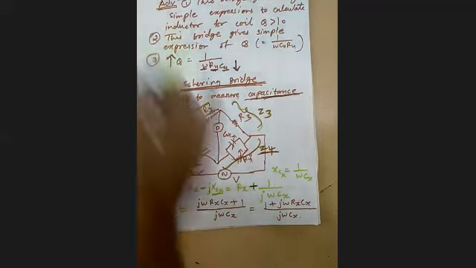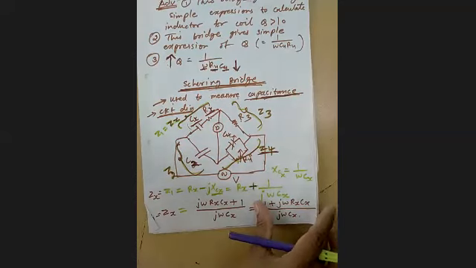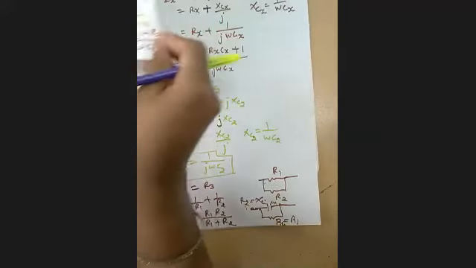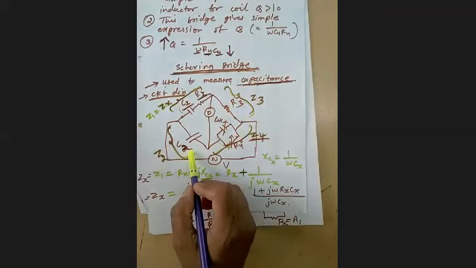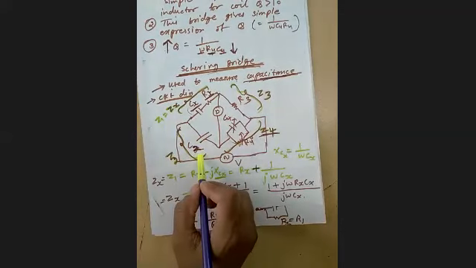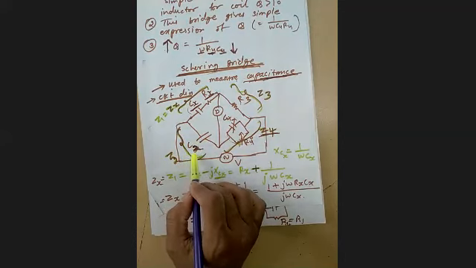Yes, ma'am. Priyanka, right? It is used for the measurement of unknown capacitance. Nisha, right? Now moving on. This is the impedance of the unknown arm. Next, the impedance of this third arm is R3. Impedance of this is how much? Z2 is equal to? Minus jXc2. 1 by omega C2, since the C2 capacitor is connected here. 1 by omega C2. Yes, right.